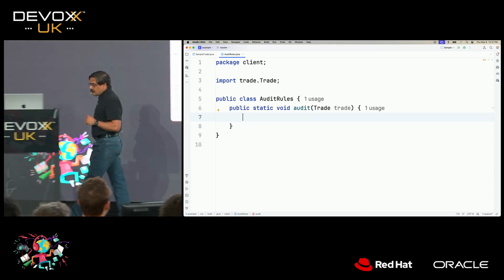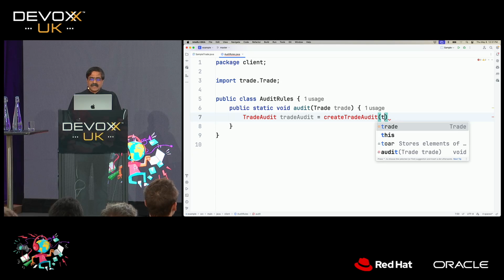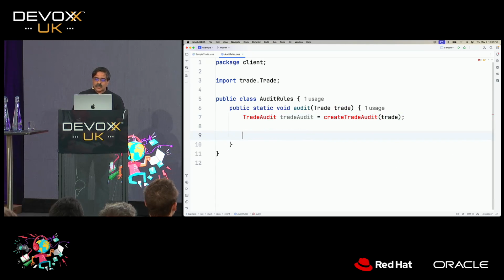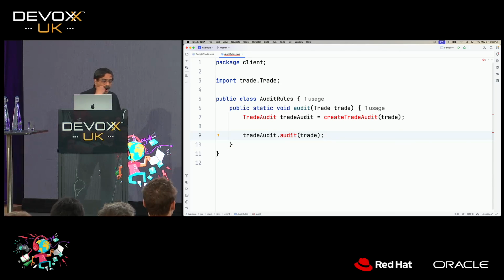So one thing that comes to my mind here is, hey, I've got an idea. Let's call this a trade audit, and we'll say trade audit is equal to, and I'm going to somehow create a trade audit, right? So we'll say create a trade audit, and I don't know how to do that yet, and I'll pass the trade to it, so we could call a trade audit on it. Well, it seems like an interesting idea so far. Then I can say trade audit dot audit, and I can do the trade on it, the one I'm interested in actually auditing. I can pass the trade to it, and I can ask it to do the audit on it.